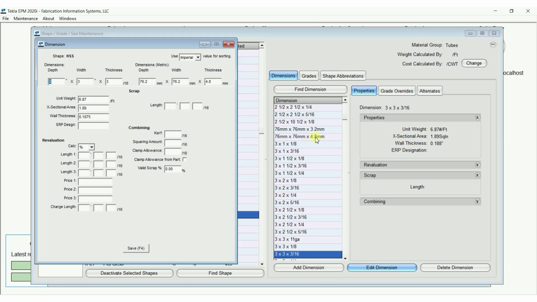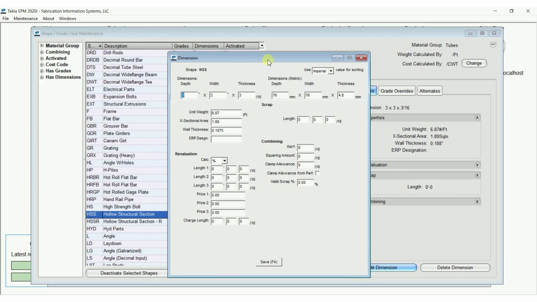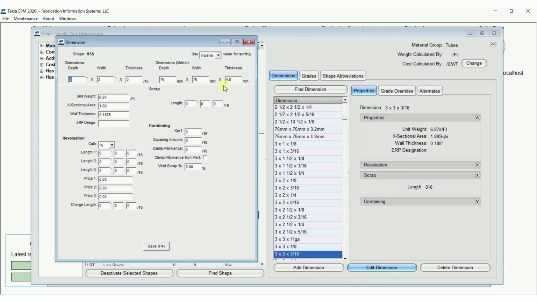You look here, when I imported that other project, it was looking for 76 by 76 by 4.8, and it couldn't find that here because it's 76.2. So it just stuck it in here as its own shape, didn't add any weight or anything because it didn't know what to do. So what you have to do is change these metric equivalents to what the proper callout should be. When I go save now, on that 3 by 3 by 3/16, I've got the 76 by 76 by 4.8. So if I were to import that again, then it should be able to find that it's a 3 by 3 by 3/16